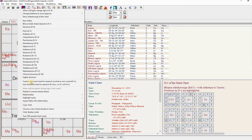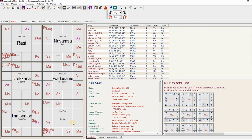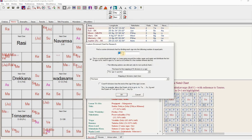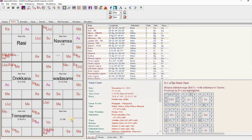In Trimsamsa, the Parivritti cyclical Trimsamsa is used. And when you have to cast a D108 chart, I go to the custom divisional chart for research and use 108, and this is the choice that is cyclical. So that is what is reproducing the charts where the book is using these